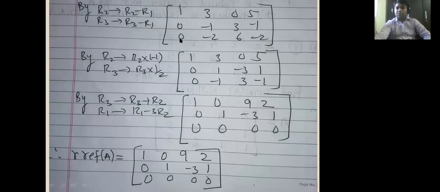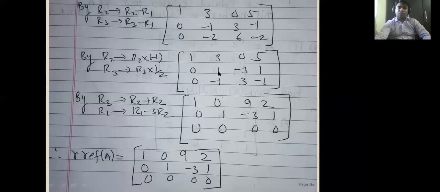Okay. Now this entry I got. In the next row, I want this entry to be equal to 1. Already it is -1, so what to do? I will make it +1 by multiplying this whole R2 by -1. If I multiply by minus, I'll get this as plus. Next, I can observe that R3 also has a multiple of 2, so I'll multiply R3 also by 1 by 2 and get rid of that 2. So I'll get -1, 3, -1.